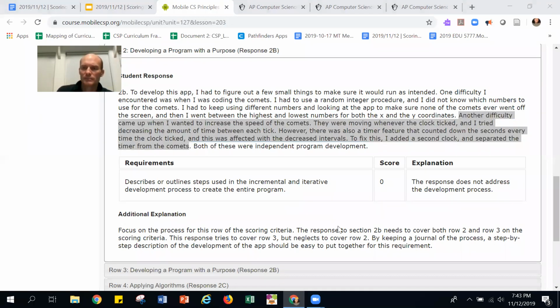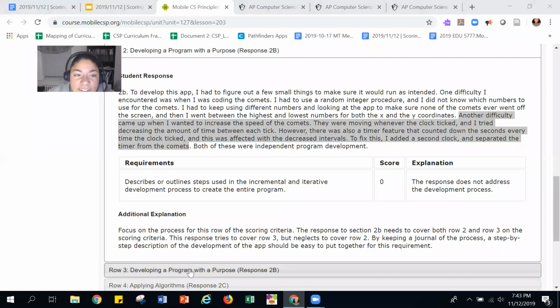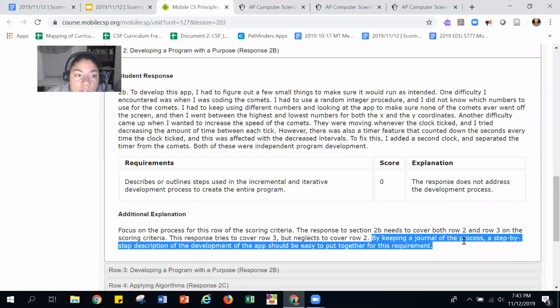All right, so let's see. We're going to go to row 3. Right, so again, row 2 was a 0, nothing about incremental or iterative development process. And we see the additional suggestion here is have students keep a journal that describes their step-by-step development of the process of the app and the coding process. So row 3,